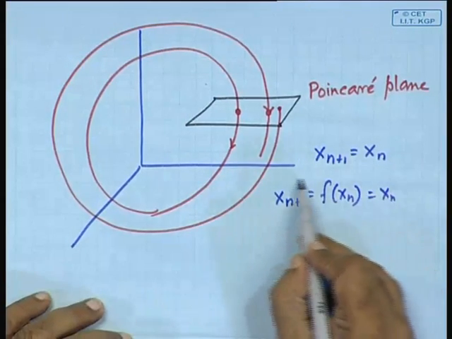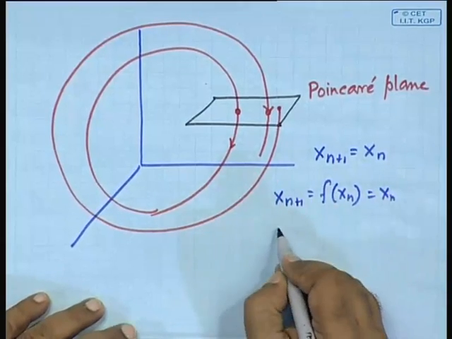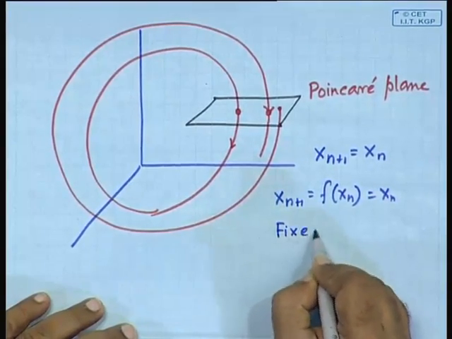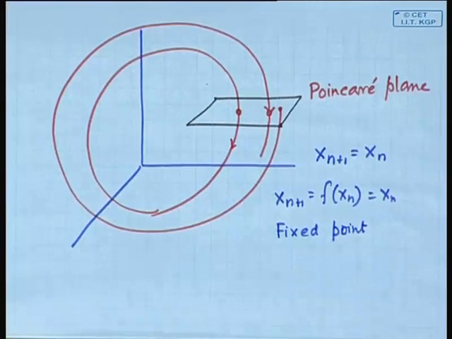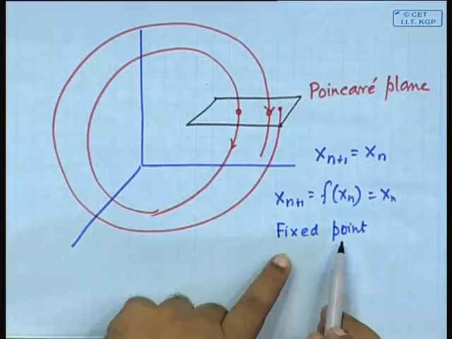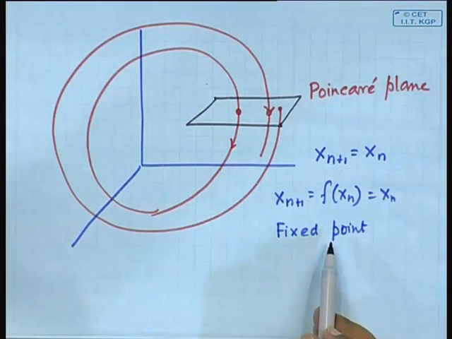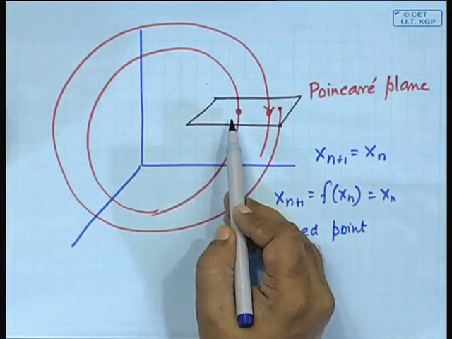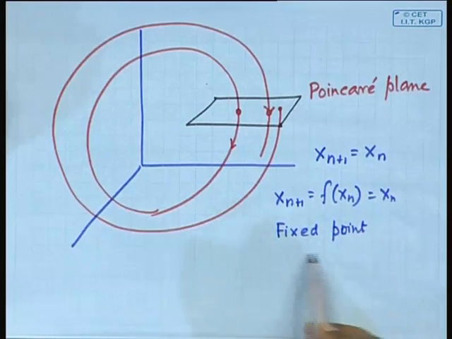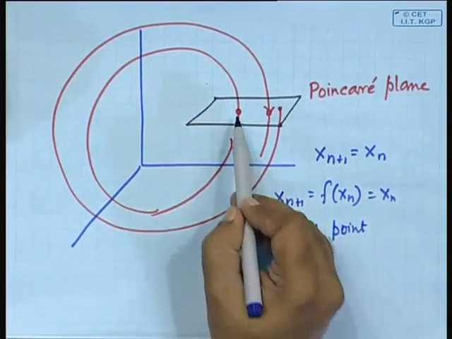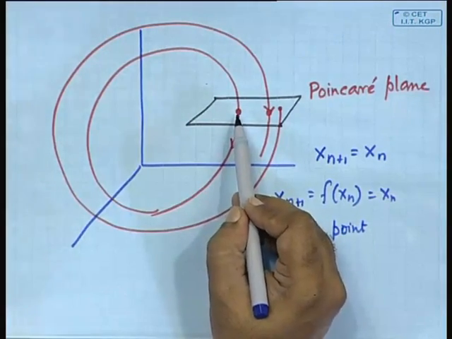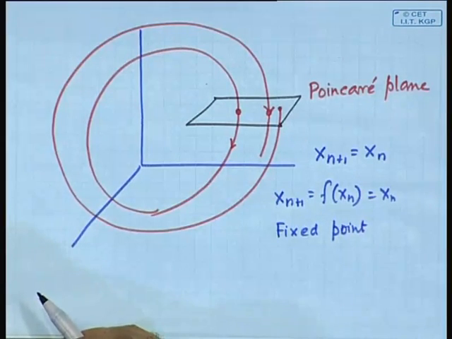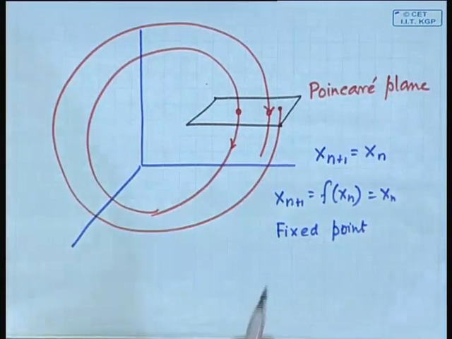Now, the point that satisfies this equation is called the fixed point. Notice the nomenclature, it is somewhat equivalent to the equilibrium point that you have come across, but in discrete time. It is similar to the equilibrium point in the sense that if you start there, it will always remain there, but it could be stable or unstable, in the same way that we saw for the equilibrium point.